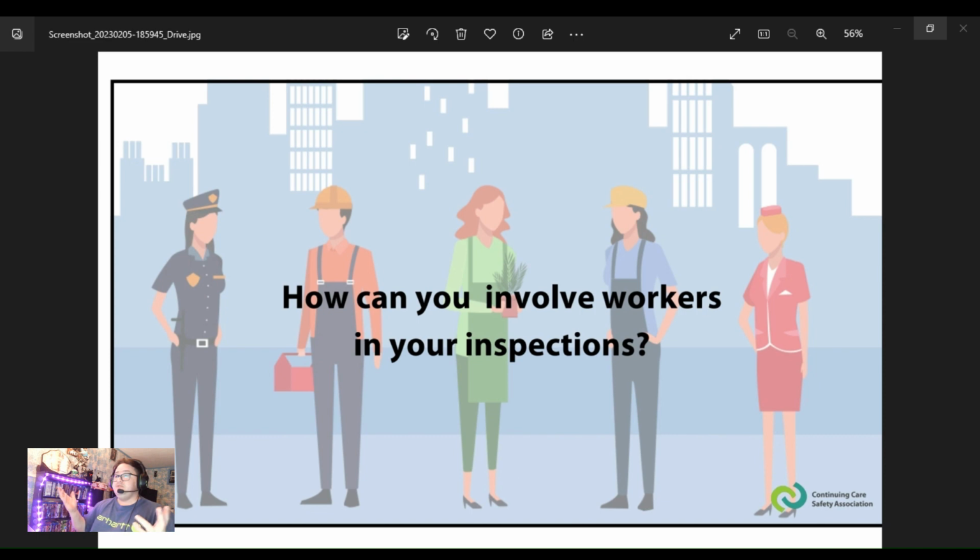And how can you involve workers in your inspections? Workers are the bastion of knowledge. They know the experiences. They deal with the hazards every day, the safety issues. Ask them questions. Just do your inspections. Ask the workers, "Hey, do you have any concerns? Like, what's this like? How is this going?" They will give you so much information. Always involve the workers that are just working. Get them to show you things too. Like they'll point out things that aren't right.